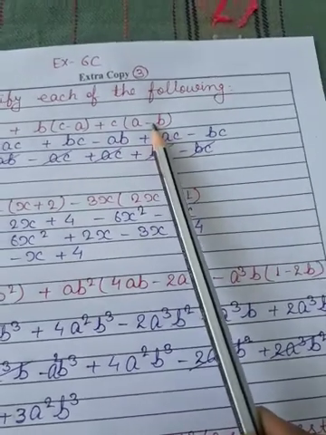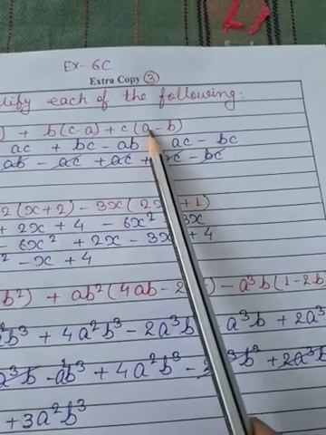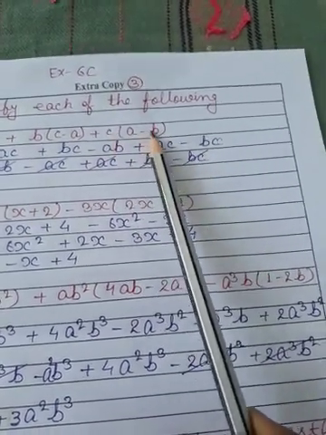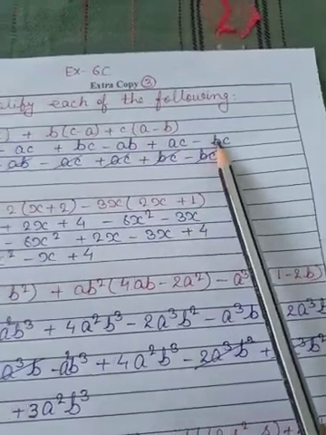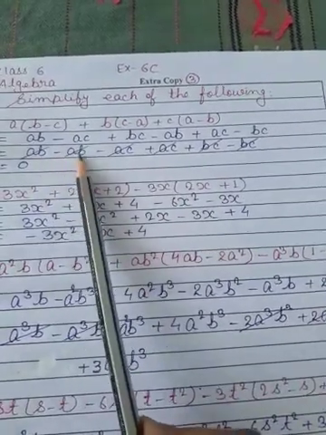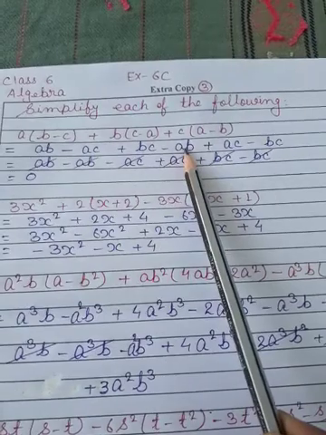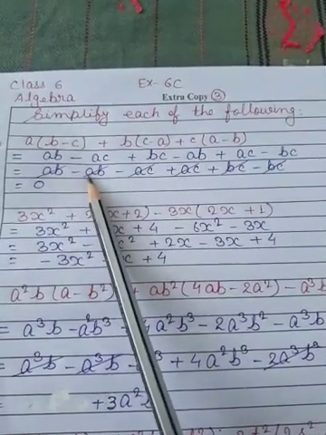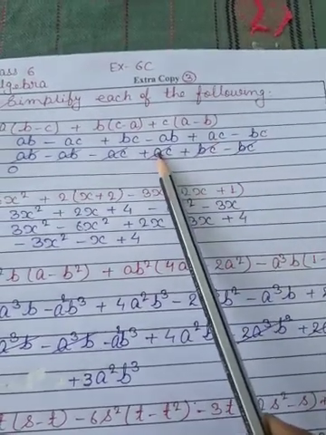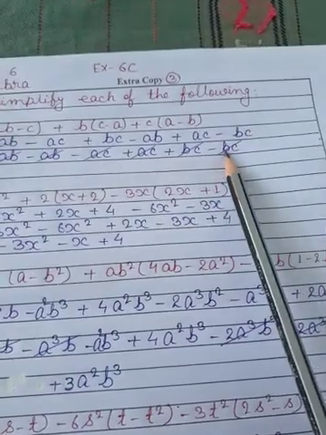Now again in this bracket, similarly plus c into a, CA. We will write alphabetically, so c into a, AC. Again minus c into b, we will write BC. Okay. Now after multiplying the terms, we will arrange the like terms. That means AB, again AB we have here, so minus AB, then minus AC. Now AC we have here, so plus AC, then plus BC, and once again minus BC.